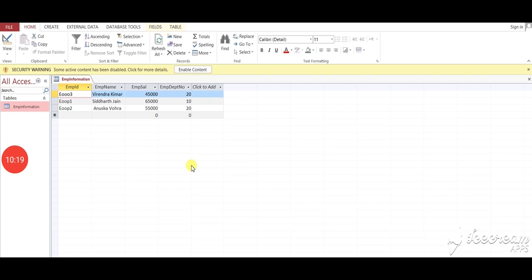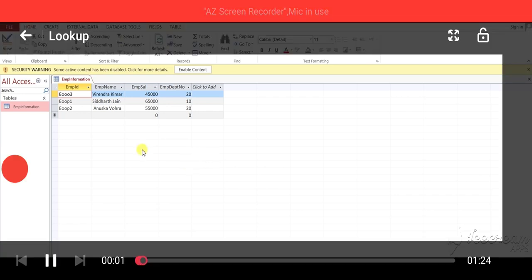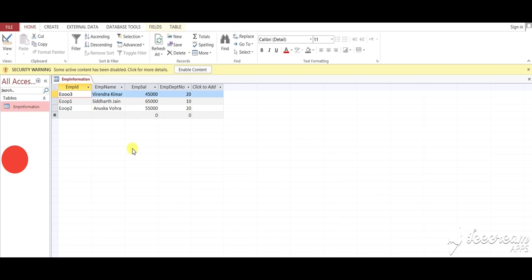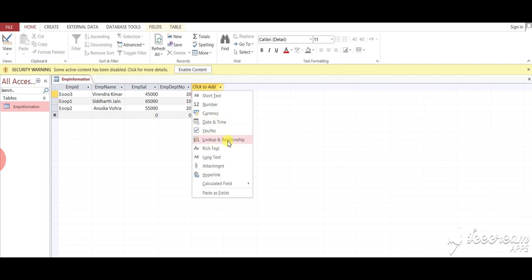Here we will learn how to create a lookup field in a particular column. So see, first of all click on a column. Here given small triangle, click on this. You can see drop down menu and click lookup and relationship option.